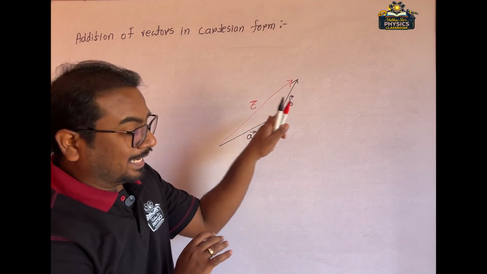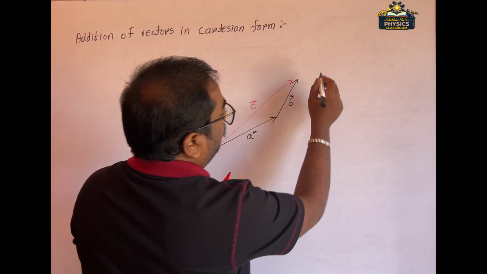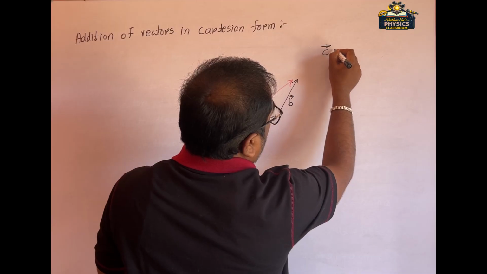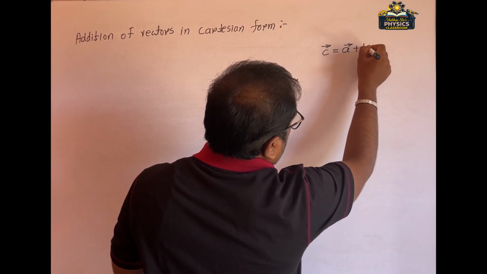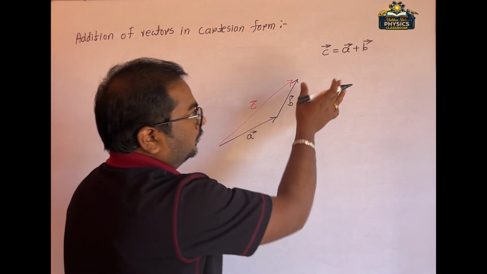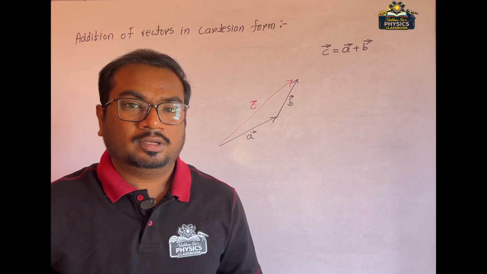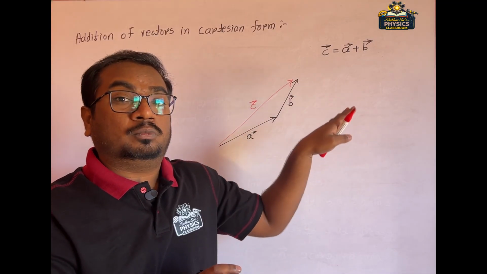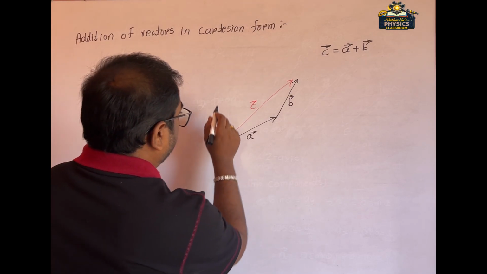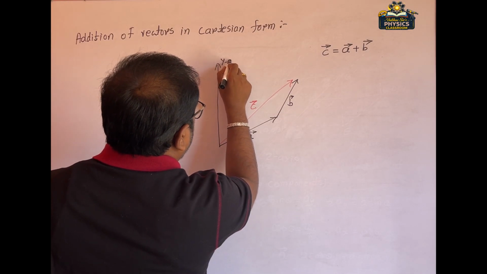So how can we calculate the addition of vectors? You all know this resultant vector will be the addition of vector A and vector B. But again here also we can divide into the components. So how can we divide? I take this as the y-axis,